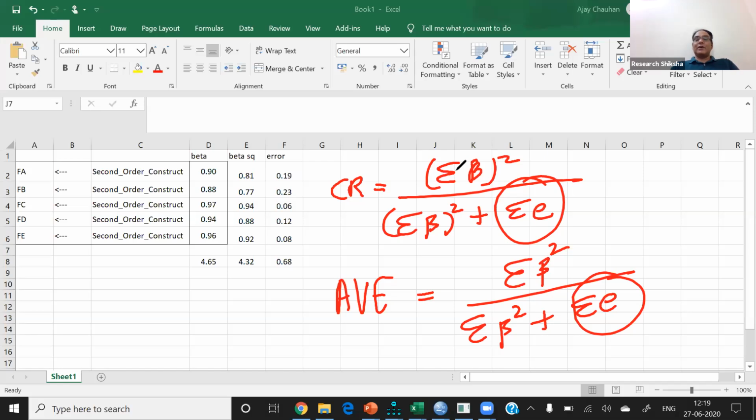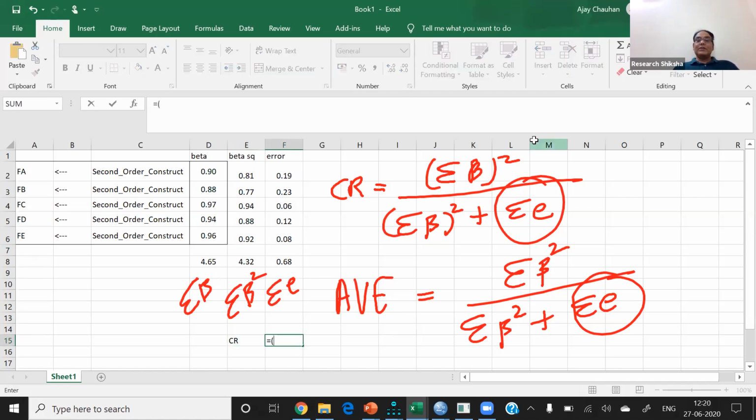The square of the sum and the sum of the square is the only difference. Basically this is the sum of the beta, this is the sum of the beta square, and this is the sum of the error term. So from this I can calculate all the formulas. Let me calculate the CR first, which should be more than 0.7. CR is equal to the sum of the beta square. This is the sum of the beta,